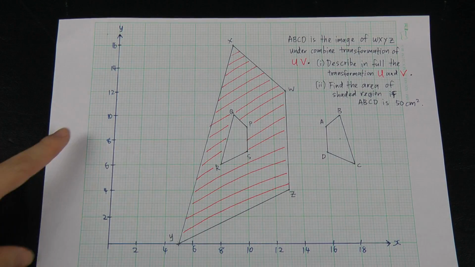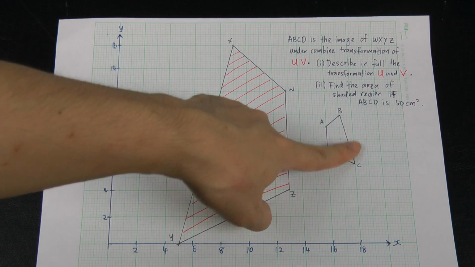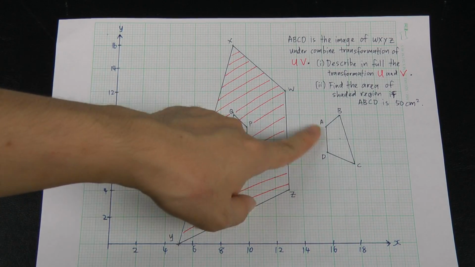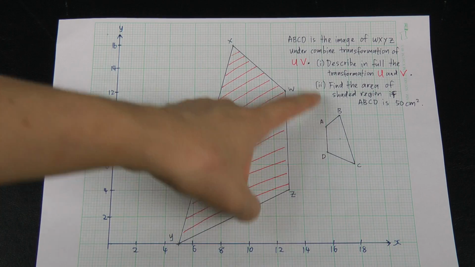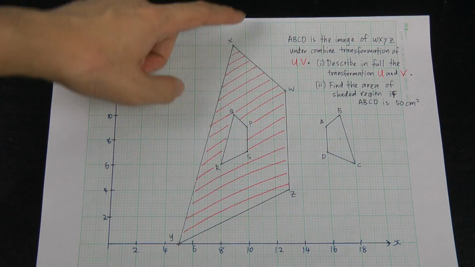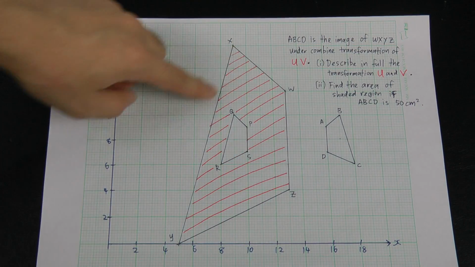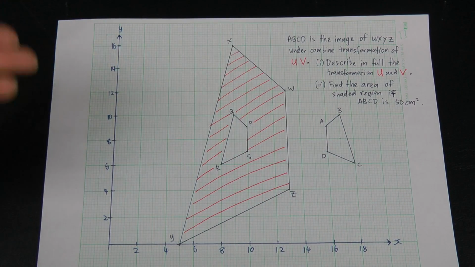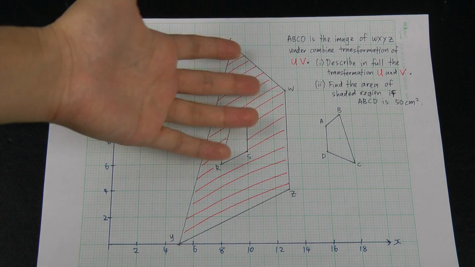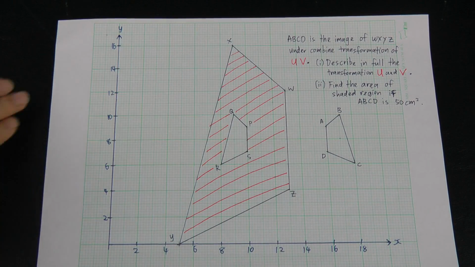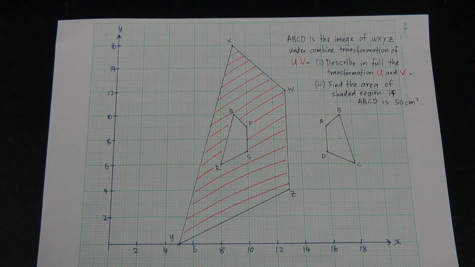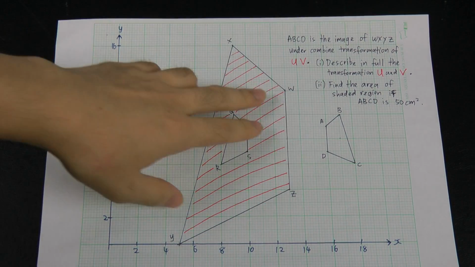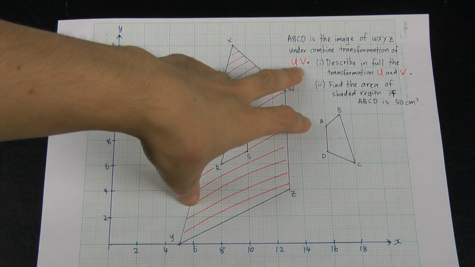So basically, you will see ABCD is this object, and then the question says this object basically is an image. So you say ABCD is an image of this one. WXYZ means the big one, under two transformations, which they call combined transformation, U and V. So if you have U and V, you have to understand you're going to perform the transformation V first, then